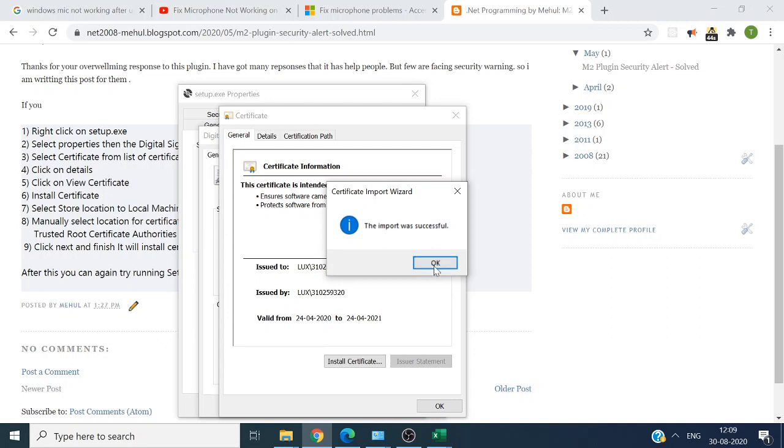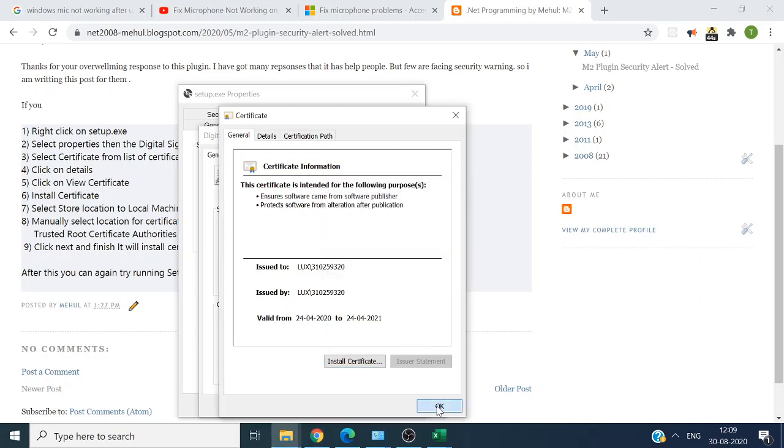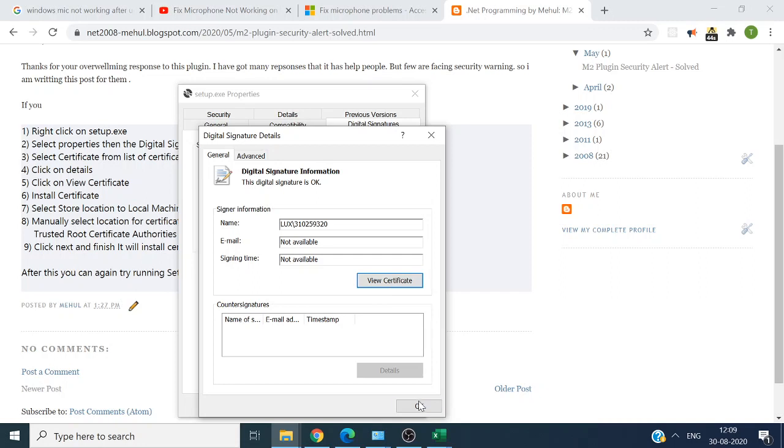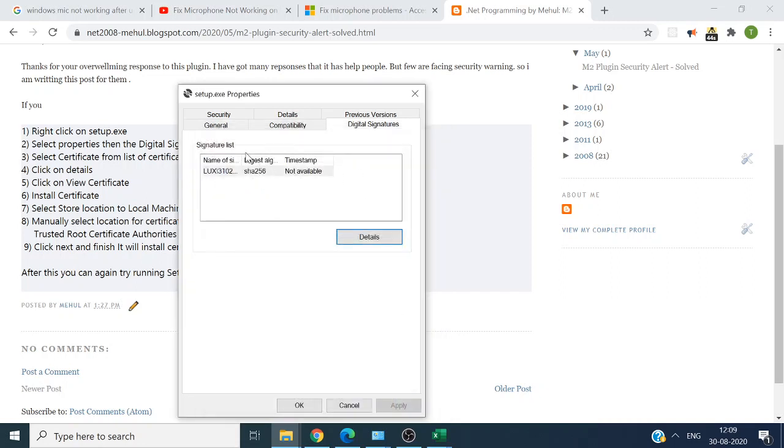Then after that, your system will trust this plugin. Otherwise it will not trust it, because it requires some third-party validator. As I have not purchased any certificate and I want to keep this tool free for everyone, I am not even planning to purchase one. So if you want to use it, you have to include the certificate, and this is only a one-time activity, not something you have to do every time. You only do it the first time you set up.